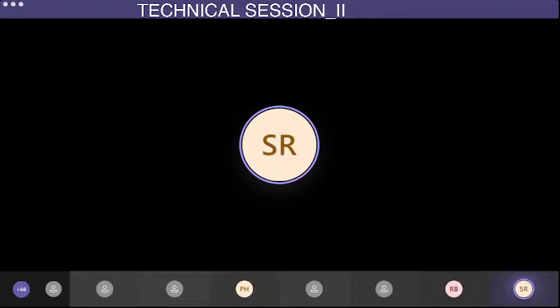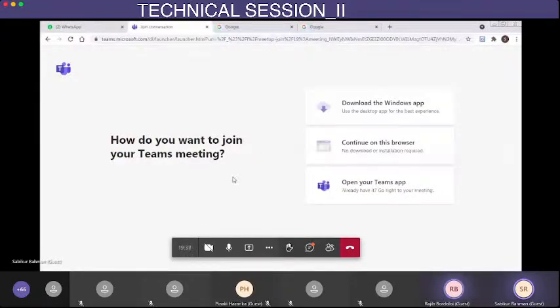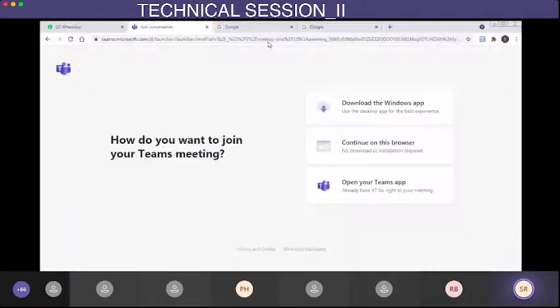Is my screen visible? Yes, visible. I'm trying to navigate to the screen that I want right now.